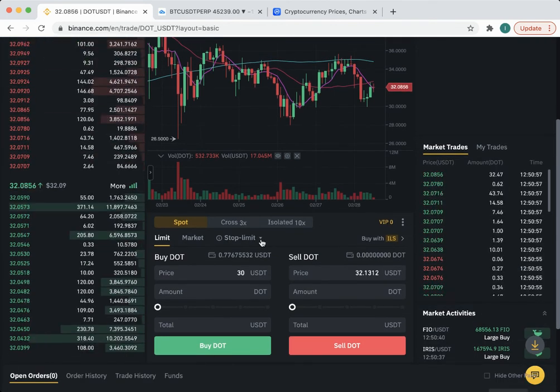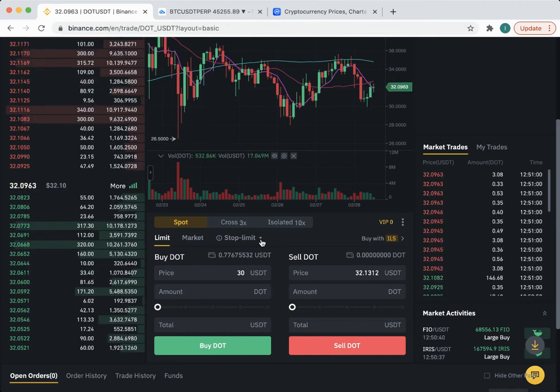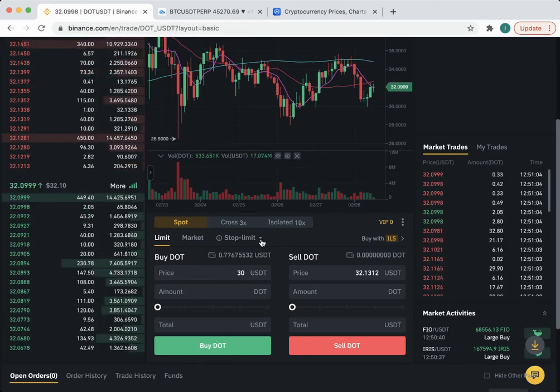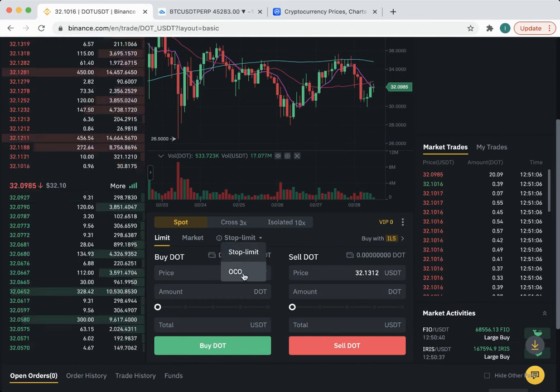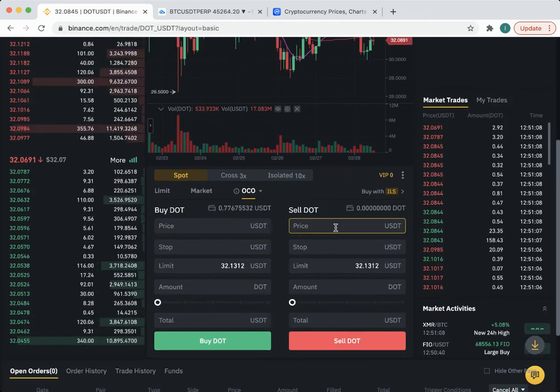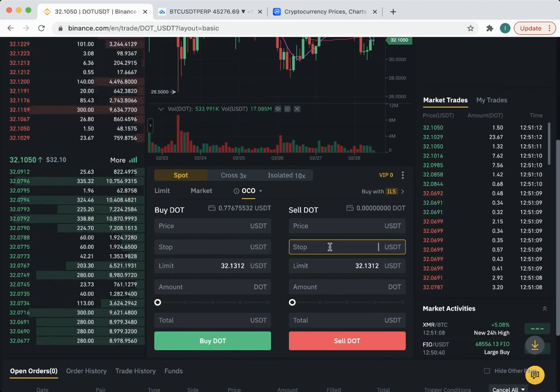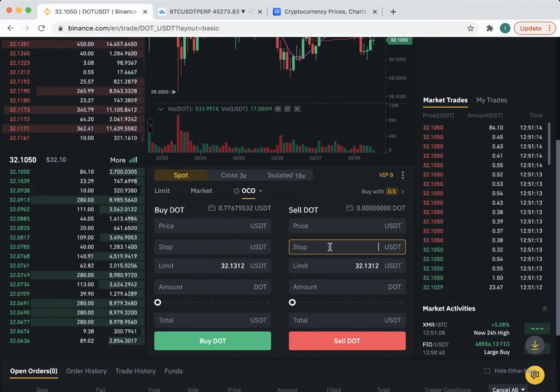That means if you are a trader playing with high money, and you're a daily trader, you don't want to invest, then you can go on OCO limit. You have a take profit, which is right here, the price, and a stop, which is if it reaches that. A stop is essentially a condition. That means